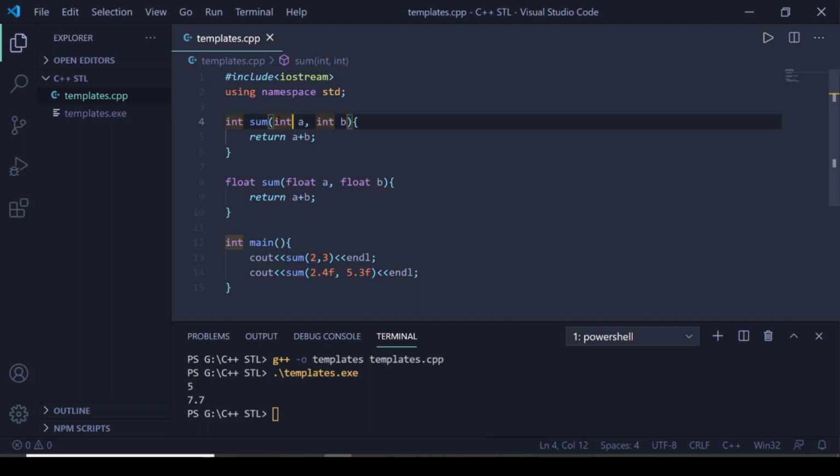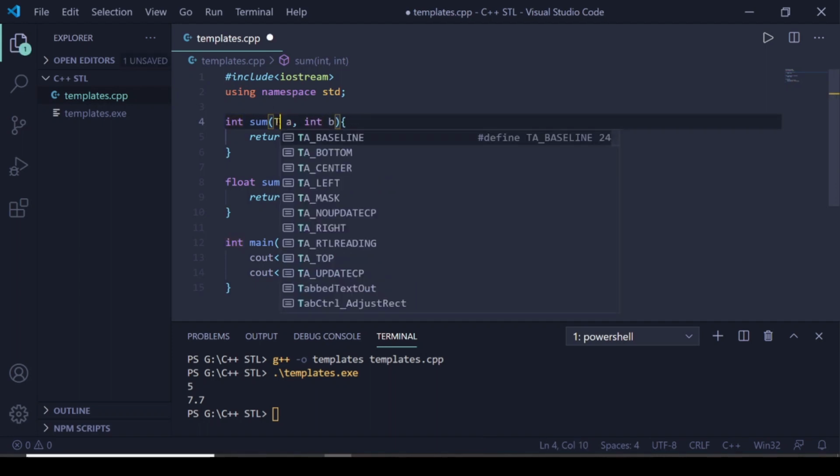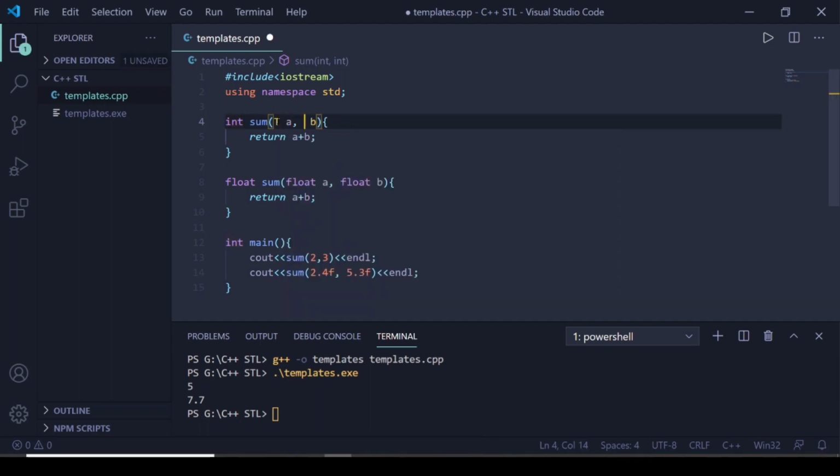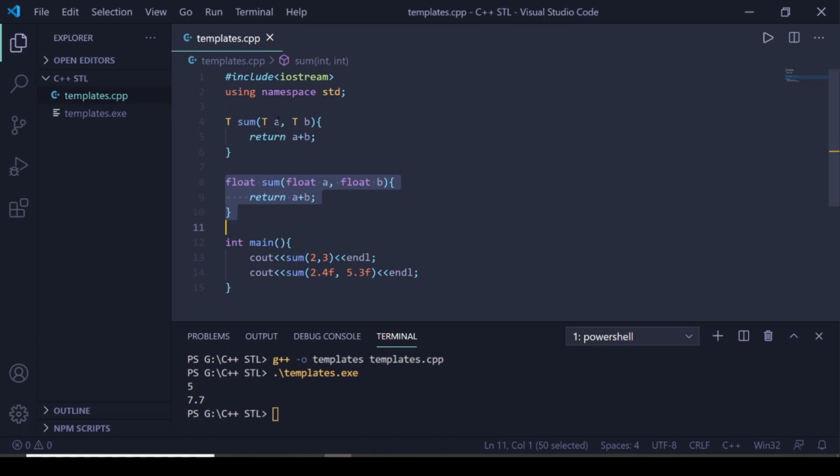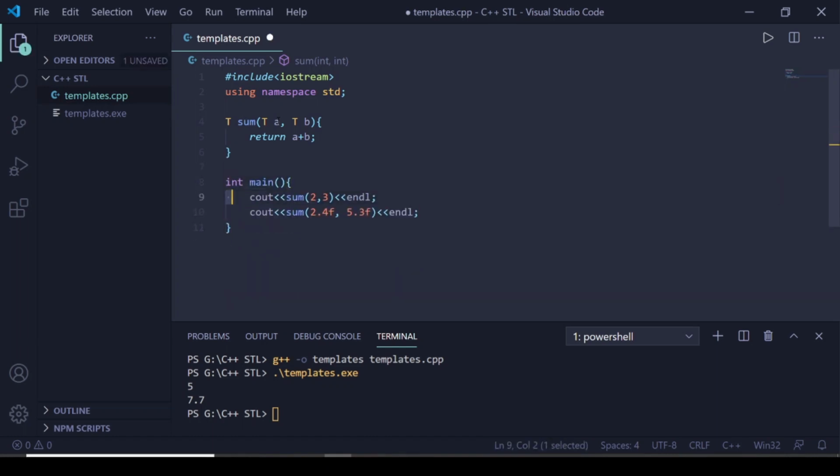Let's say I just put T here, as a placeholder, and let's delete that function. When I call this function, it should fill T with integer, because everything here is an integer. And if I call this one, it should fill T with float.